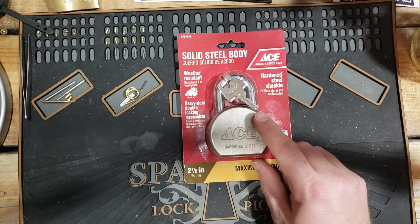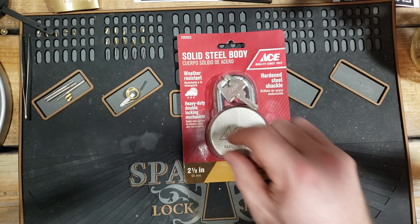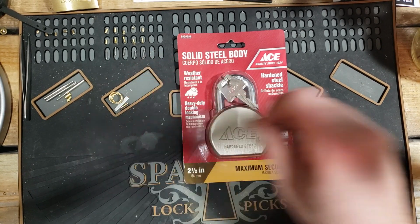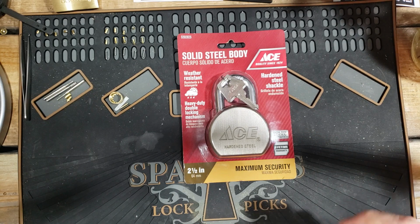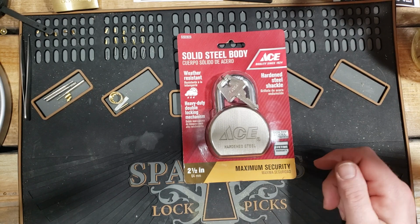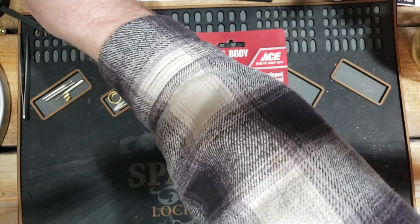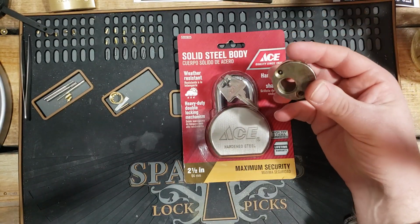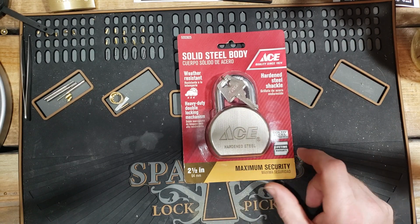As you can see, I still got my challenge lock stuff here. I'll have to come back to that. I haven't had a chance. I've been busy with too much other stuff. And just when I have some spare time, just sitting around picking away, I've really been working on a cluster of American locks, trying to gain a feel for it. Really always struggled with that type of small pin with the serrations, and it takes a whole different feel than something like this, or even your standard quick set type locks. So just trying to sharpen my skills a little bit, but decided to come back and do a quick